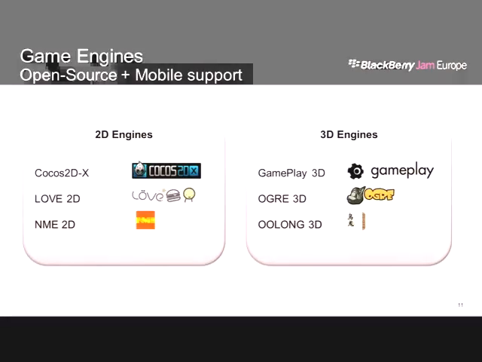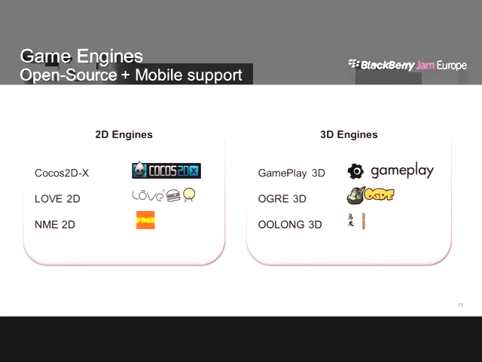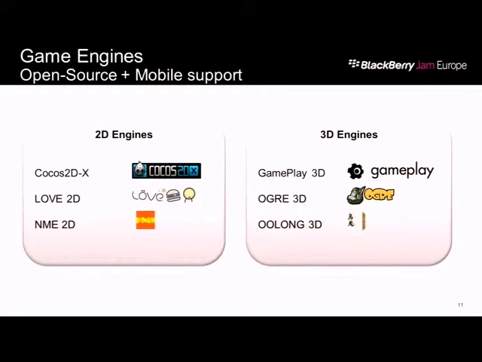So when we're talking about game engines, I'm going to separate 2D and 3D again, because I know that most games have some 3D and 2D, but it all depends on what you're going to try to do. Sometimes when people write a 2D game and want a little bit of 3D, they may not use a 3D engine, but just write a renderer for the model. The lead of Cocos2D-X emailed me, because I'm the lead of GamePlay, and asked, hey, how do I add 3D models in Cocos2D-X? I said people have to decide early: am I going to be a 3D game or a 2D game? You can't just make an avatar running, right? But funnily enough, that's truly what people sometimes want. They want some character or something like that.